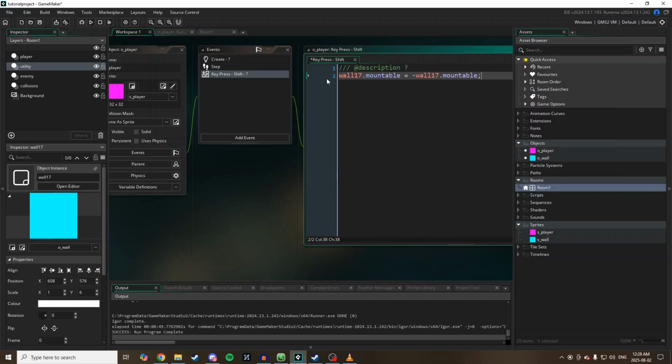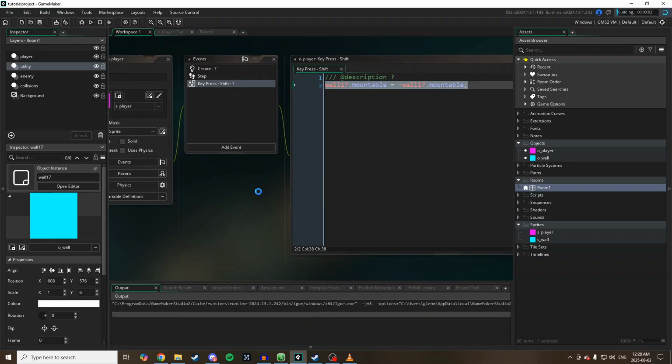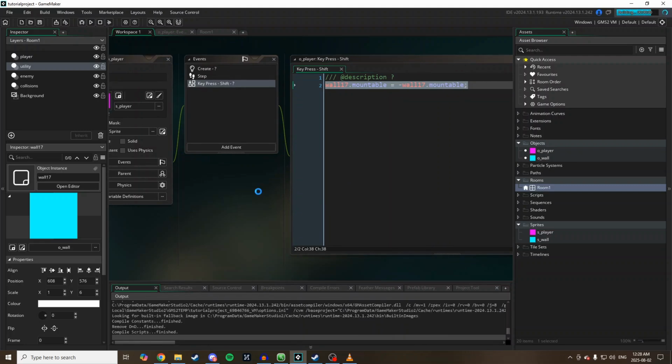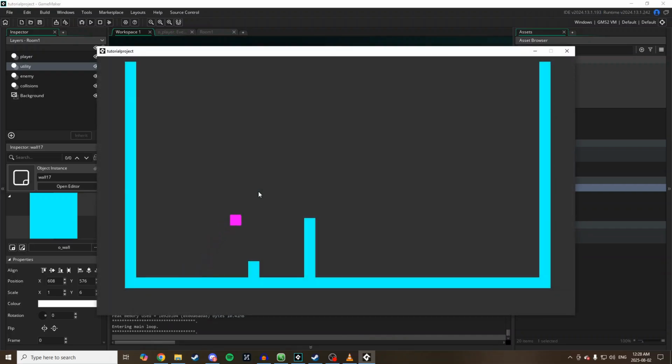And what this is going to do is change a true to false and a false to true anytime I hit the shift key. So if I go into my project now, as you can see, I can't mount it, but if I hit shift,